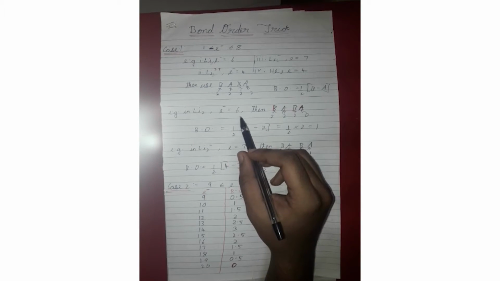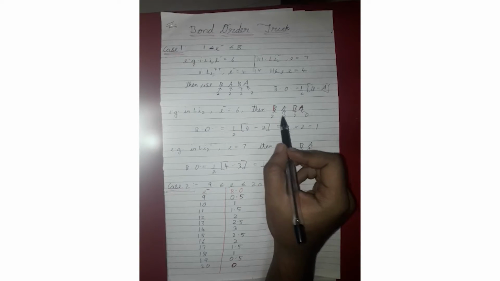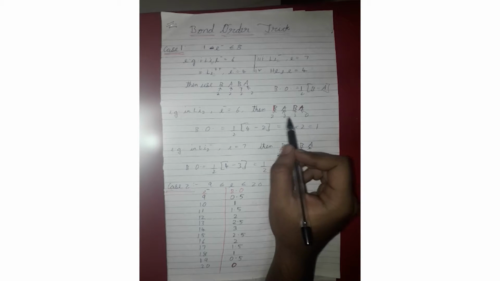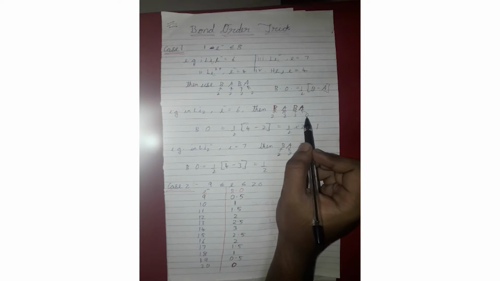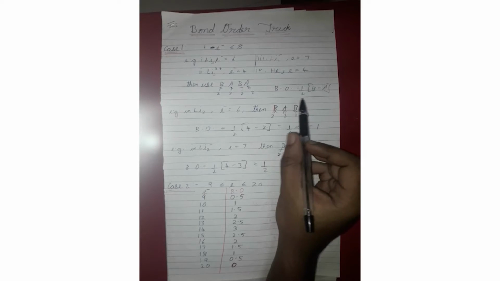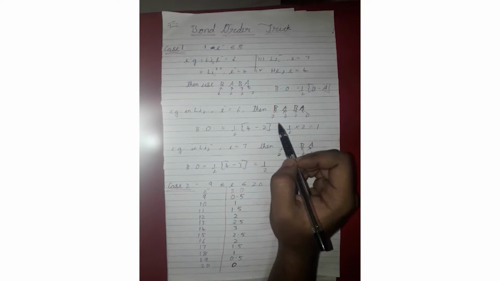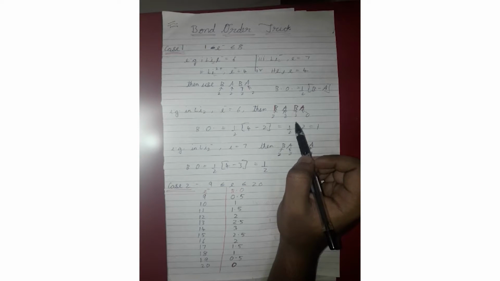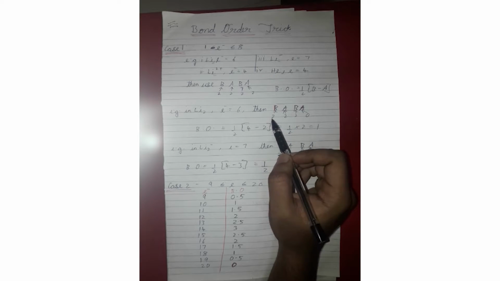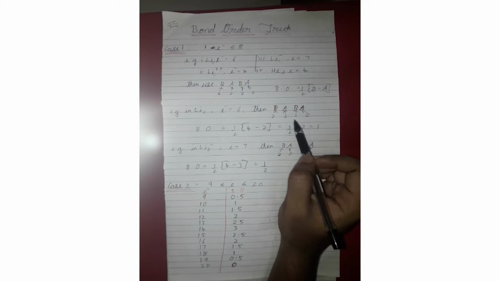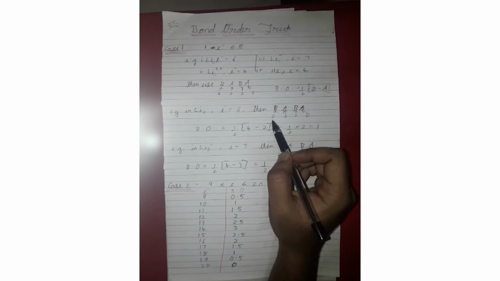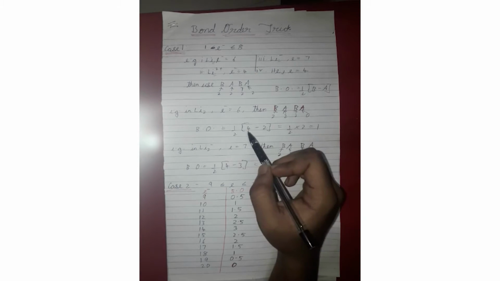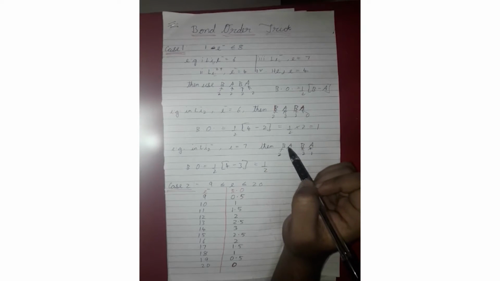Like if there are 6 electrons, 2 will go first, then 2 and then 2, and here 6 is over, so there are no electrons in the last A. Then we will use the formula bond order is equal to half of B minus A. So we will count the total number of electrons in B and the total number of electrons in A. So here there are 2 plus 2, 4 electrons in B and 2 electrons in A. So bond order will be 1.